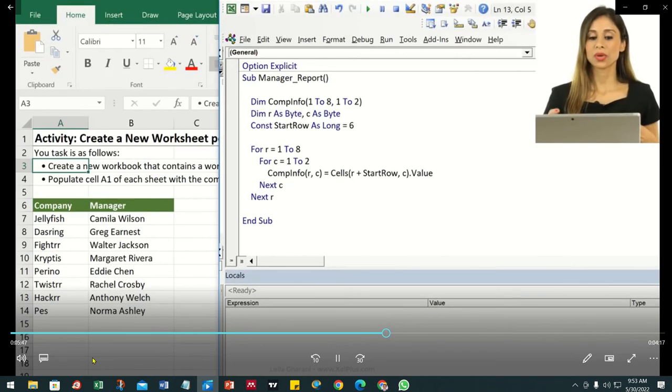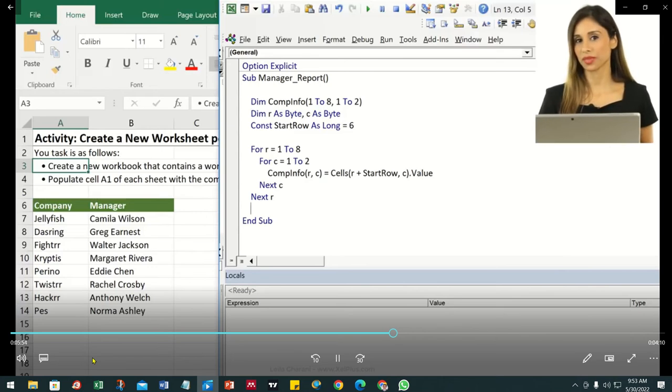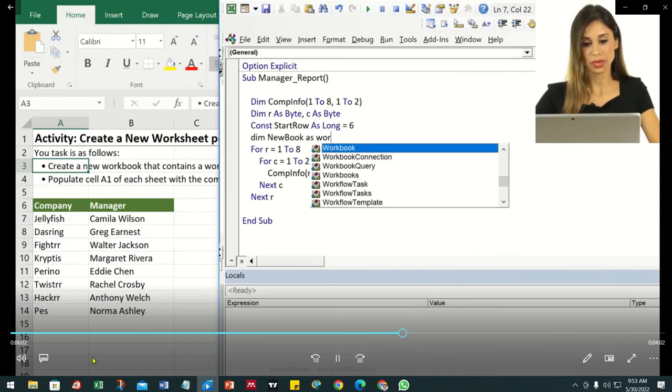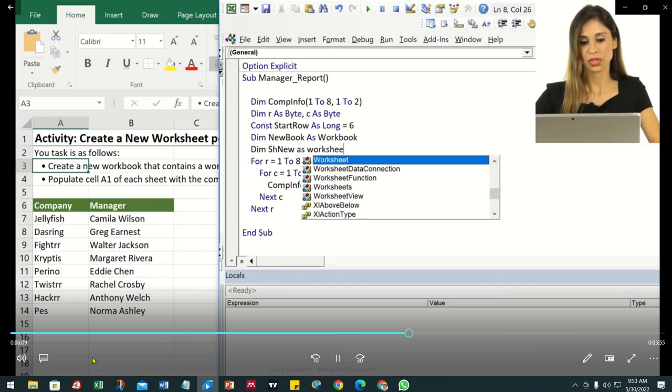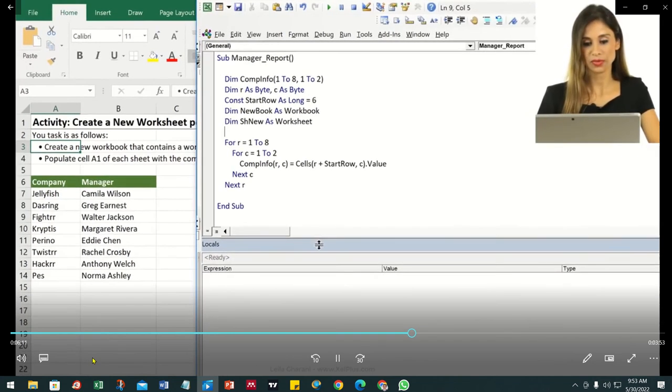Now we want to create a new workbook, and then inside that workbook create new sheets for each of these companies. We can also declare variables for them. I'm going to say dim new book as a workbook, and dim, let's call it sheet new, sh new, as worksheet. Let's move down,